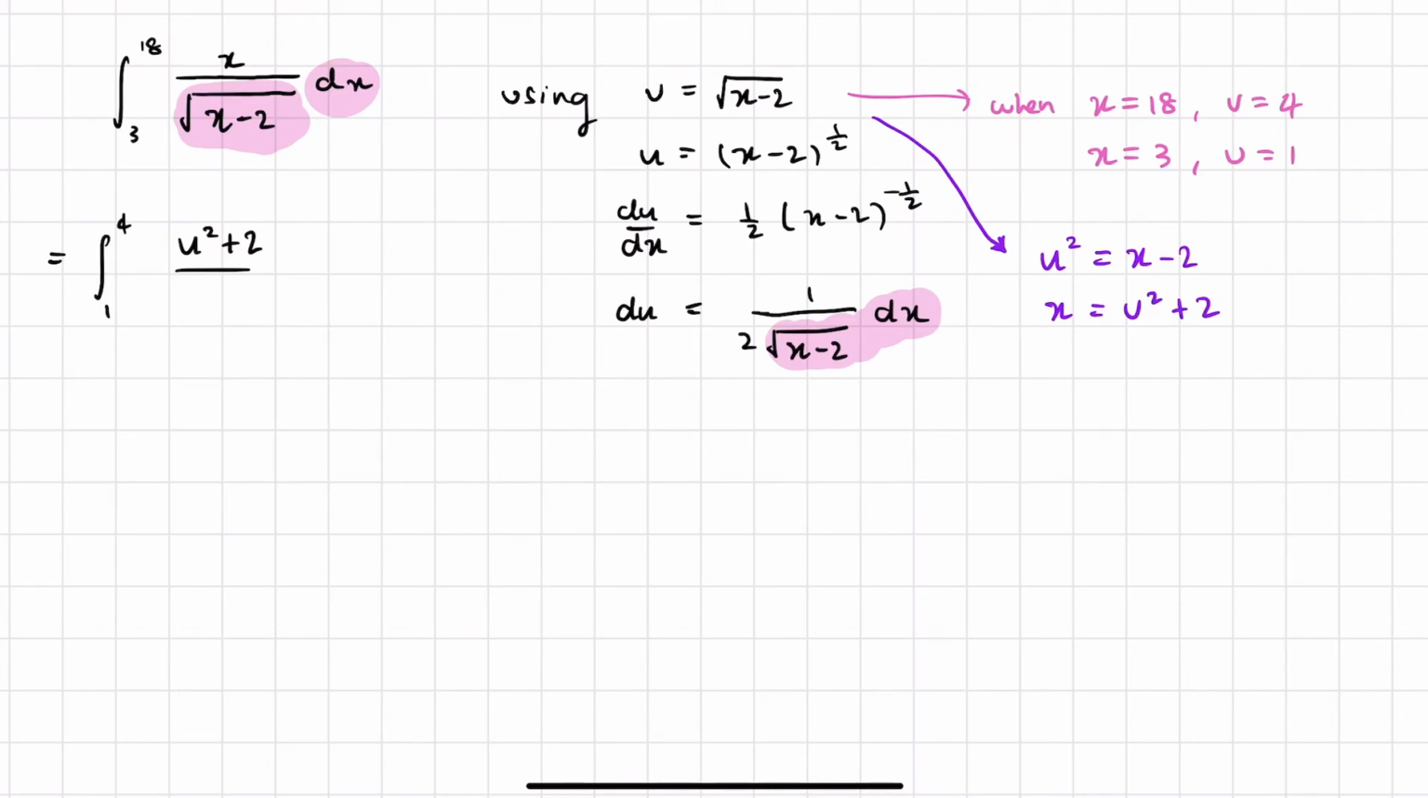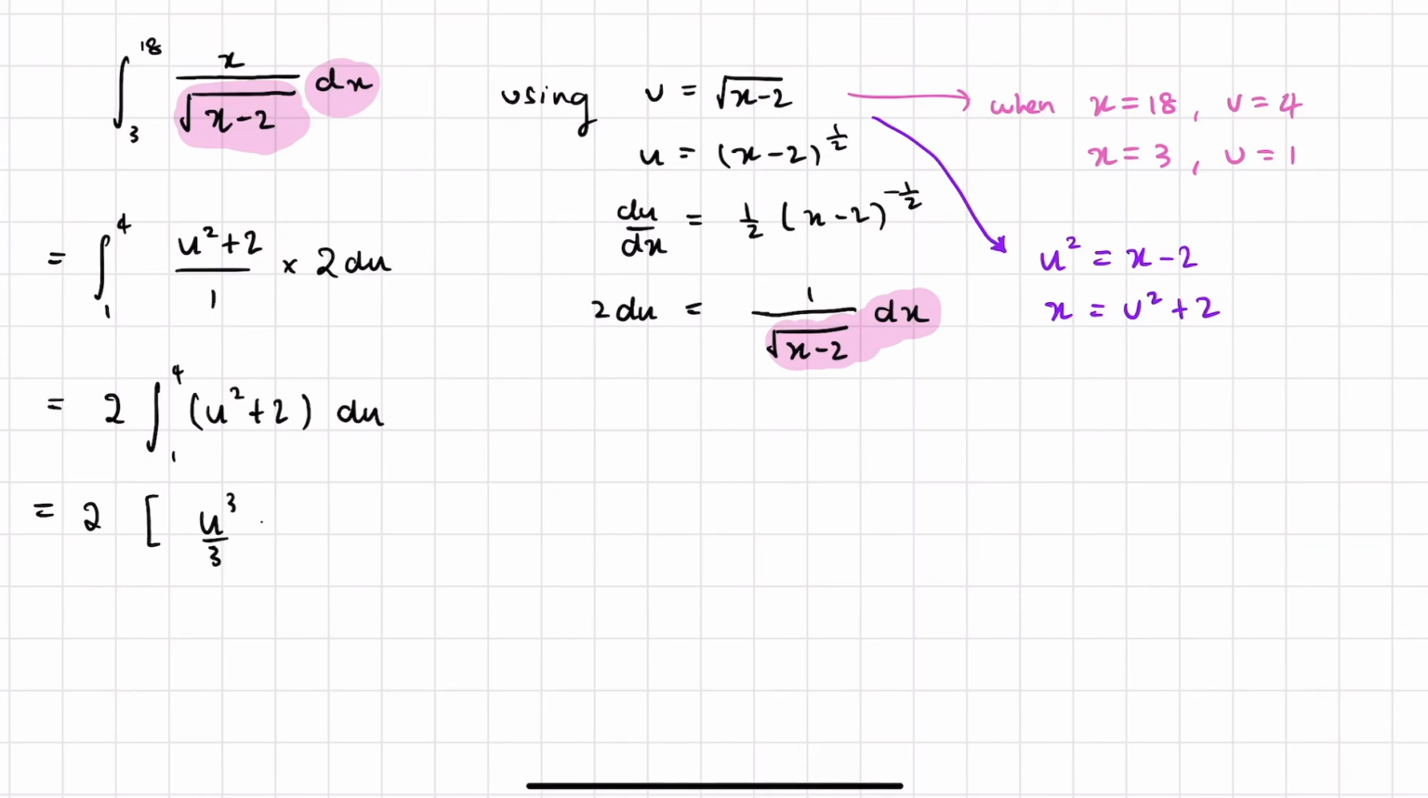The only thing missing is this 2, right? So let's actually write this again and say 2 du. You know what? This guy just come over here. 2 du is equal to that. So that means we can just sub 2 du in. So times 2 du. And let's just say 1. So 4 to 1, u squared plus 2 du,